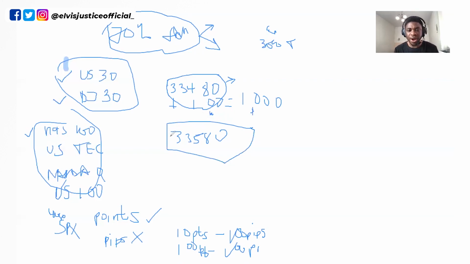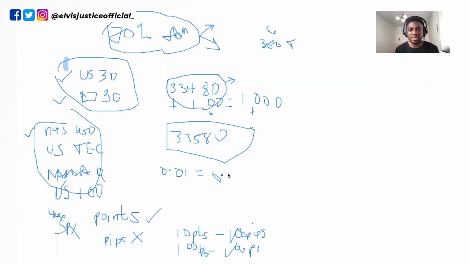Right? So price will be 33,580, and there's an increase in 100 points, which is equivalent to what? 1,000 pips. Now, what does this mean? This means if you are trading on a 0.01, right? If you are trading on a 0.01, that is equal to